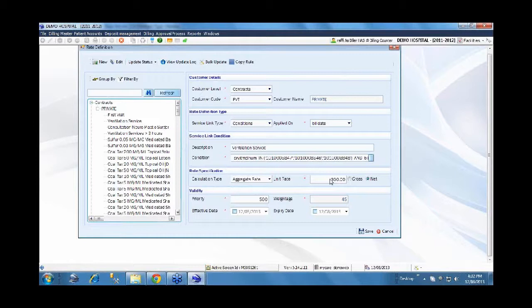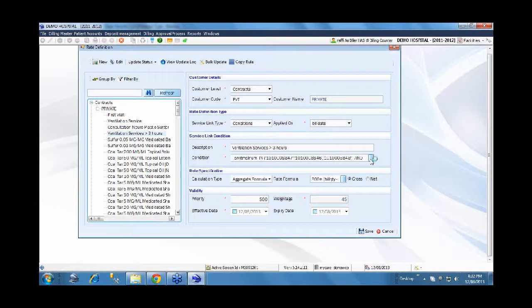In the previous scenario for the consultation, where we saw per unit, if there is a quantity of 2, then the rate needs to be multiplied by the quantity to arrive at the actual rate. Here, whether it's 1 hour or 2 hours or 3 hours, it's a fixed rate of 300. We are specifying the calculation type as aggregate rate, meaning the system will not multiply it by quantity, and it is 300. And I have a complexity in this rule: for greater than 3 hours, for every additional hour there is an amount which needs to be charged. So there again I can specify the condition saying it's greater than 3 hours and the calculation type as aggregate formula, and we can specify a complex formula like this.